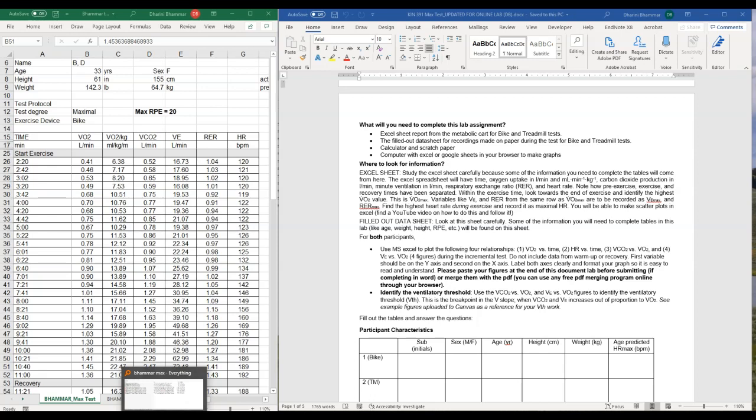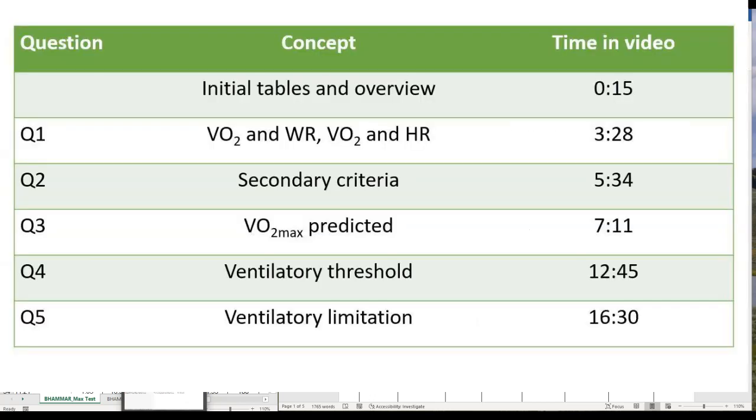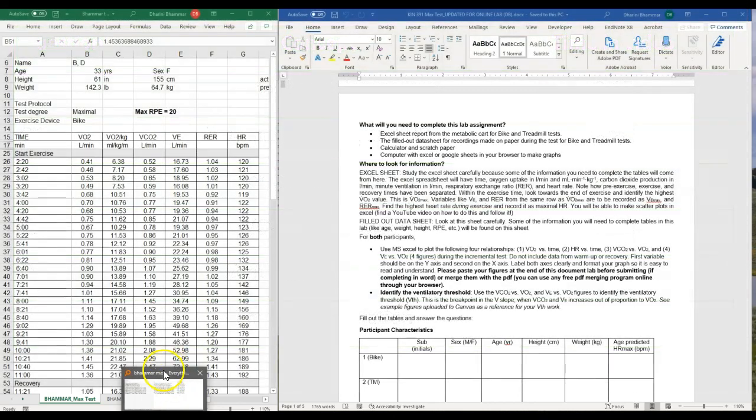This video will walk you through how to complete the VO2 Max lab. There's a timeline here that shows you where different parts of the lab will be covered in this video. If you look at the Word document that you have to fill out, you'll see what you need for this